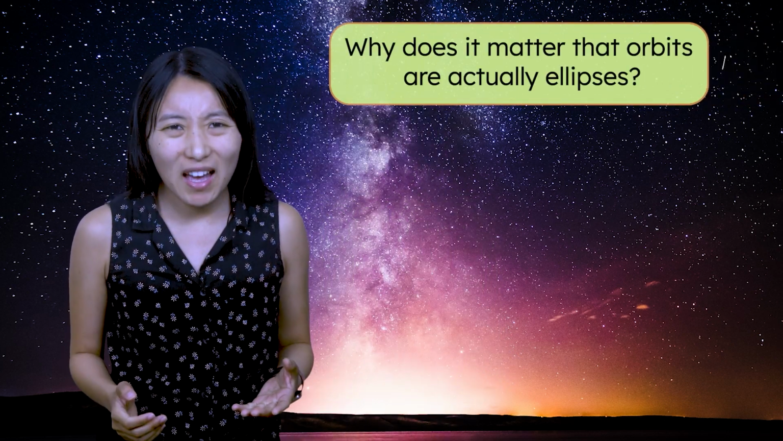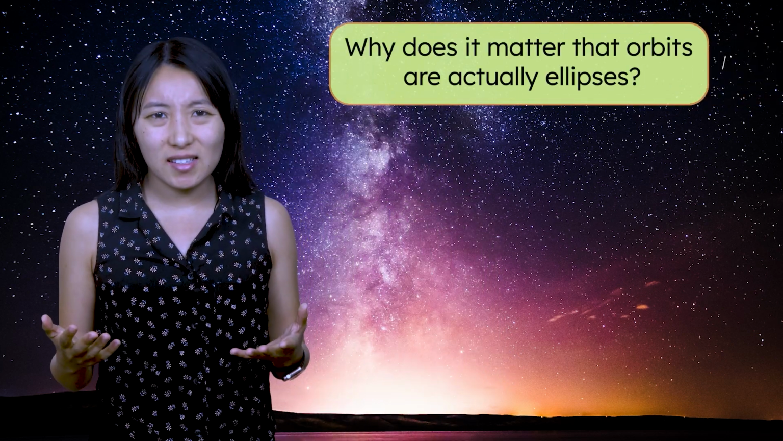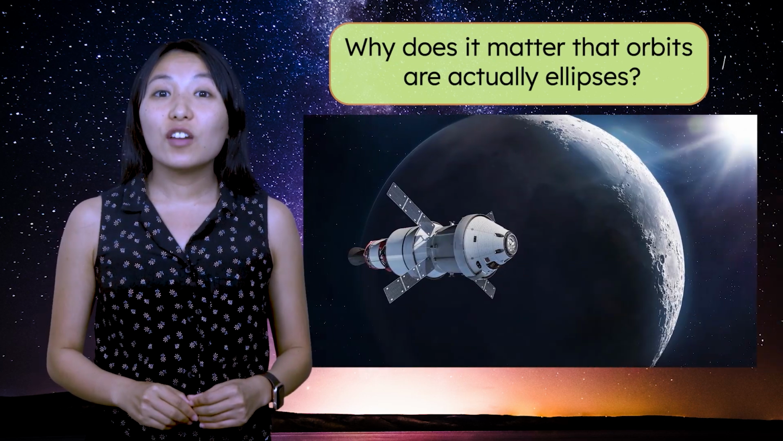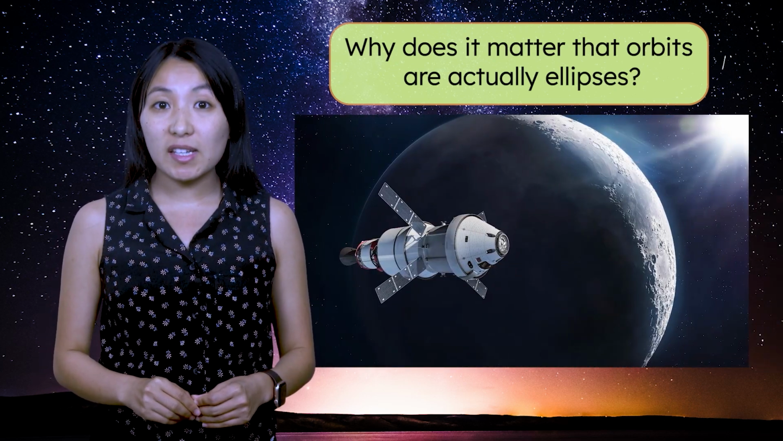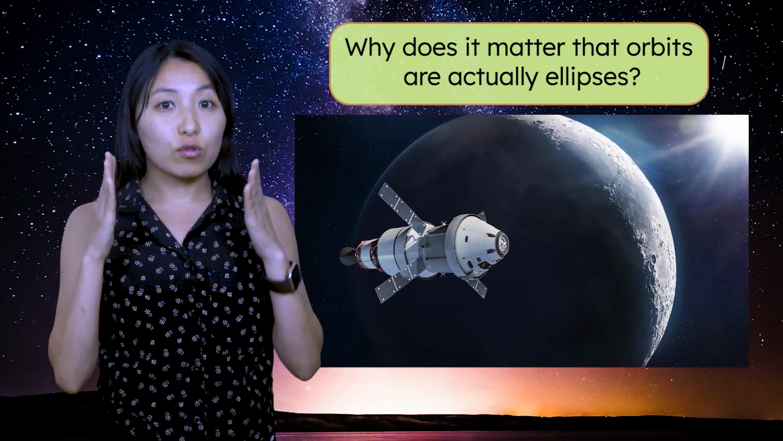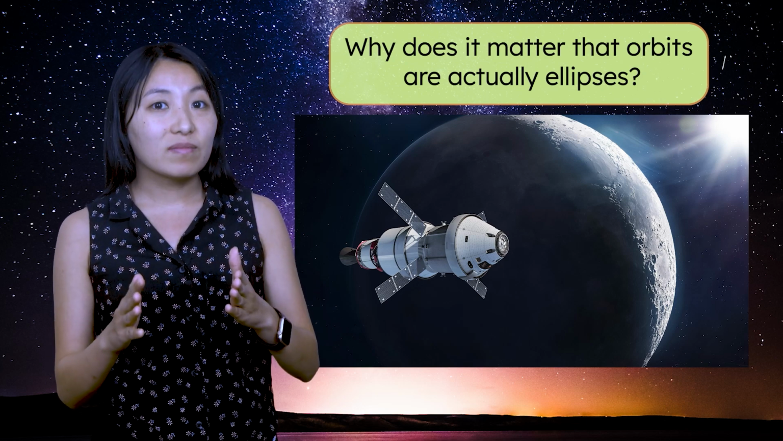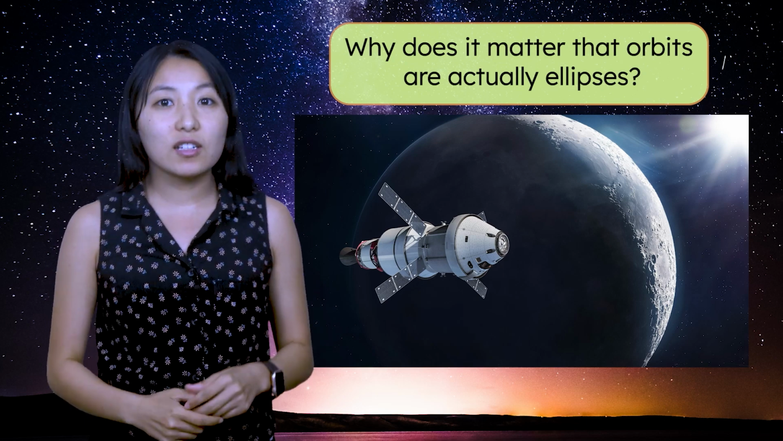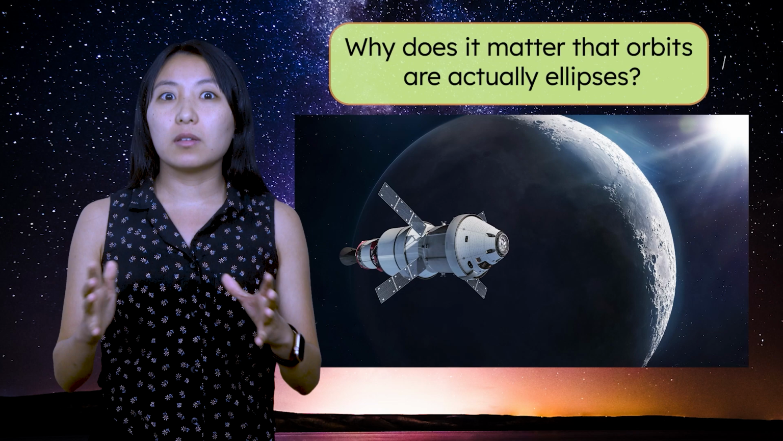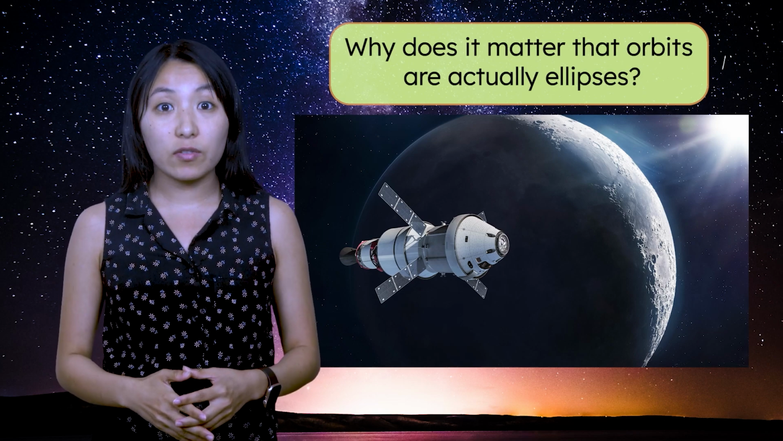Most planetary orbits in our solar system have low eccentricity, meaning they are almost circular. But if they're so close to being circles, why does it matter that orbits are actually ellipses? Well, understanding elliptical orbits helps space engineers send spacecraft to the right place at the right time. Even tiny differences in an orbit's shape can have a huge impact when predicting the path of an object in